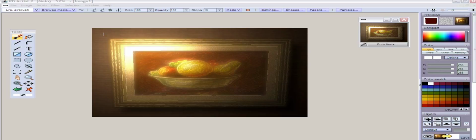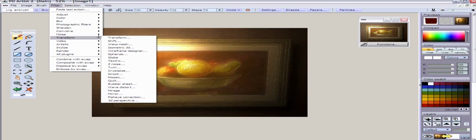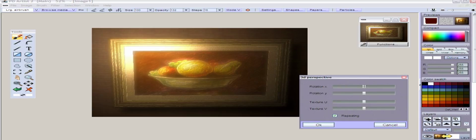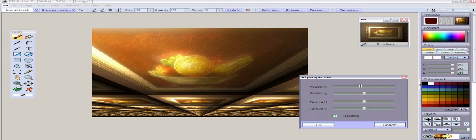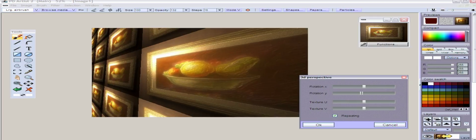And perhaps one of my all-time favorite new filters is the 3D perspective. That one is available right here in the transform collection too. Let's have a look at 3D perspective added to that. What I really like about it is that you can use this either with the repeating tiling or without. So with the tiling, let's see what we get here. Let's say we want this to stay on the wall, but we're looking at it along the wall. So we have a whole